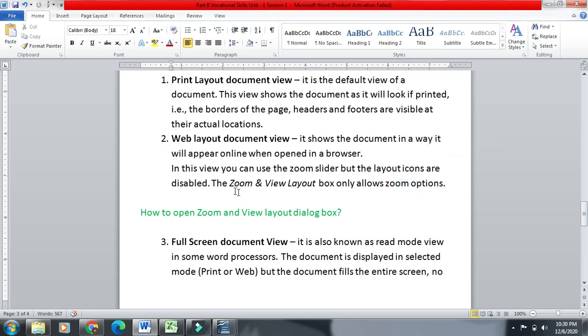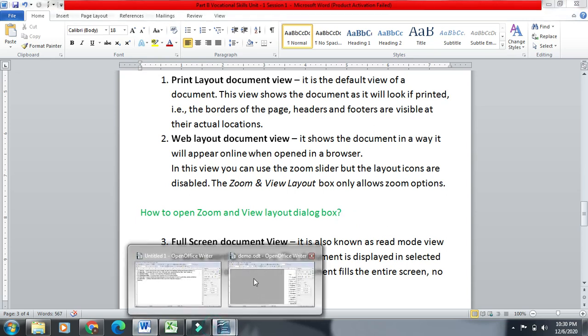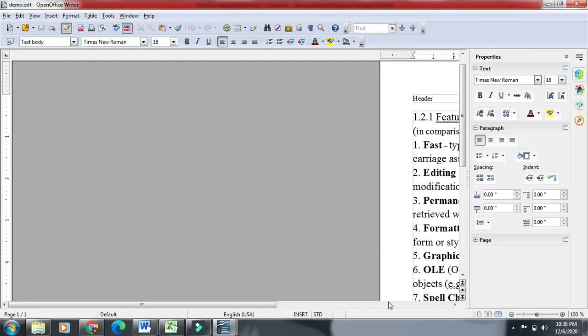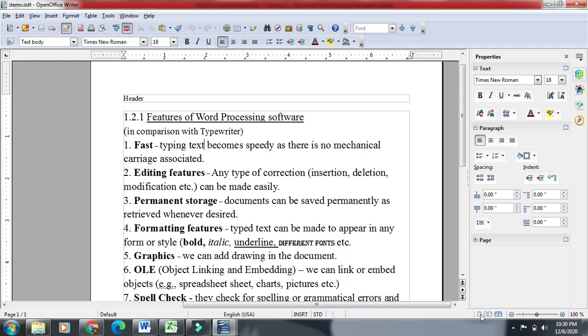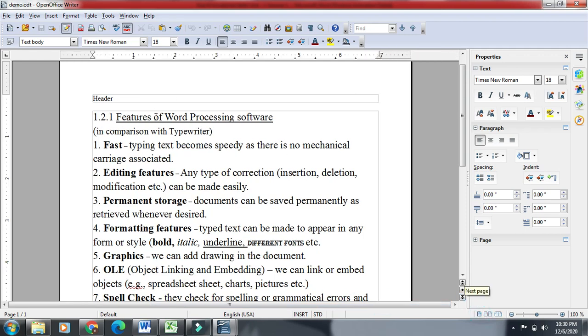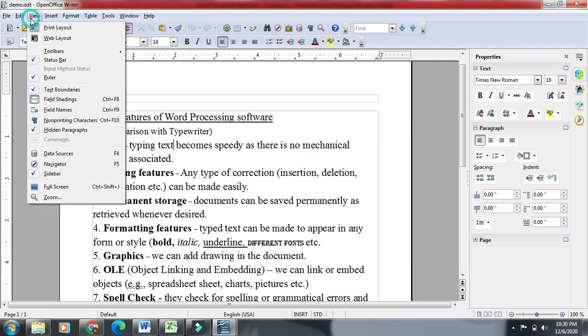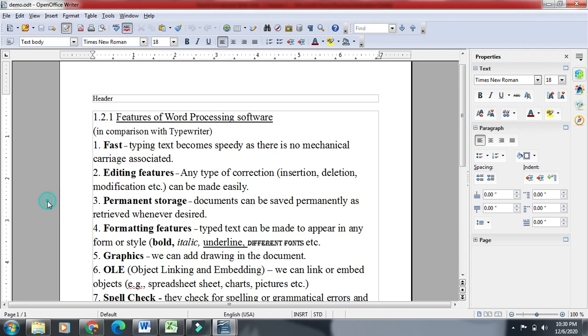Now the question comes, how to open the zoom and view layout box? Click on view and then click on zoom.